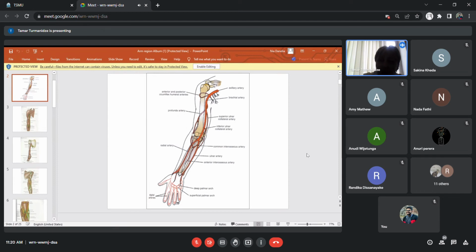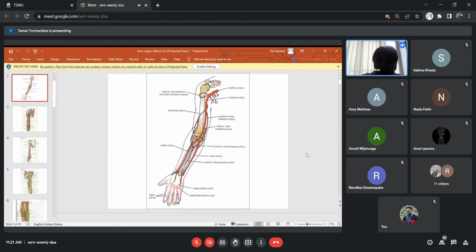The radial recurrent branch anastomoses with the radial collateral artery from the deep profunda artery. The posterior interosseous artery anastomoses with the middle collateral artery. The anterior interosseous descends on the forearm region. The anterior ulnar recurrent branch anastomoses with the inferior ulnar collateral artery, and the posterior ulnar recurrent branch anastomoses with the superior ulnar collateral artery. So these anastomoses,